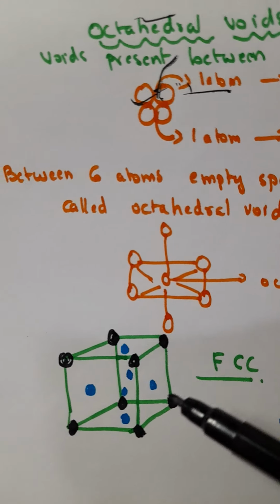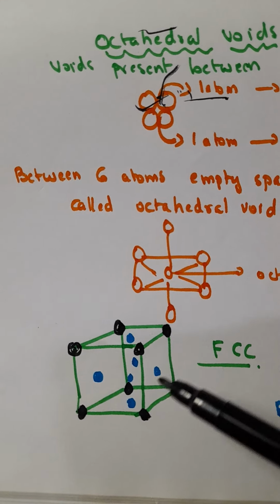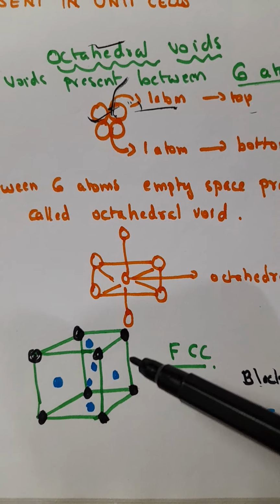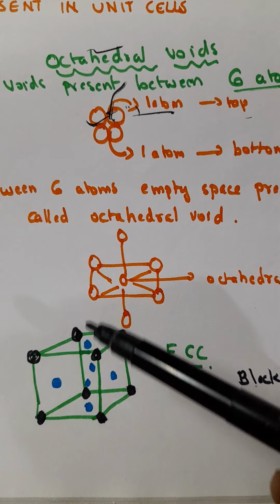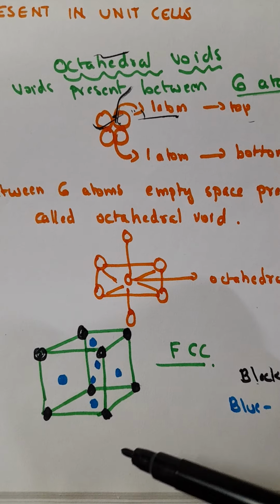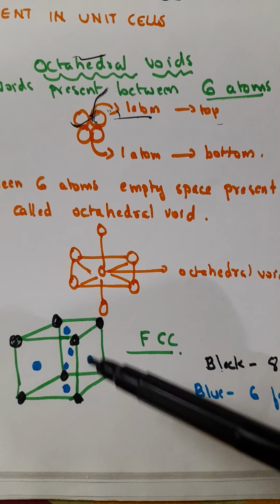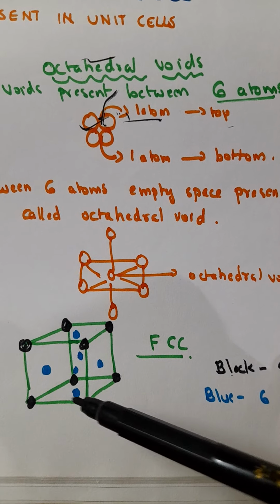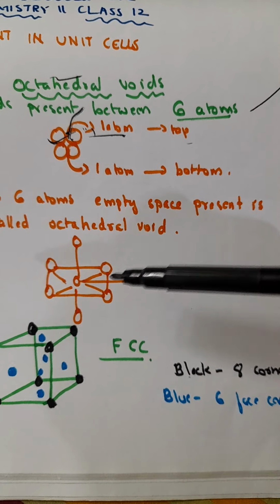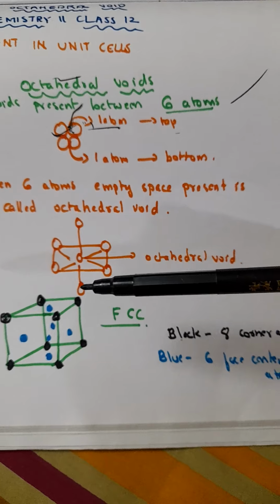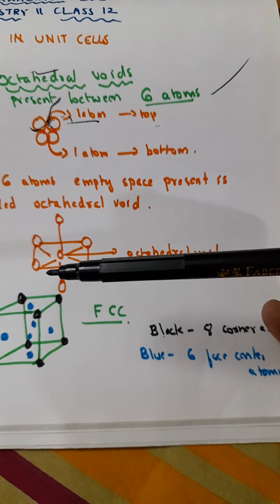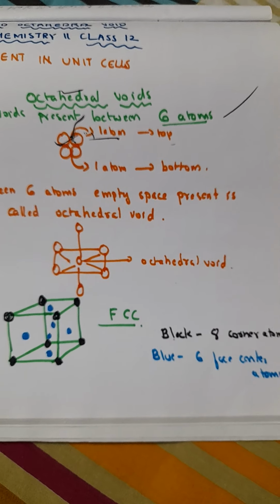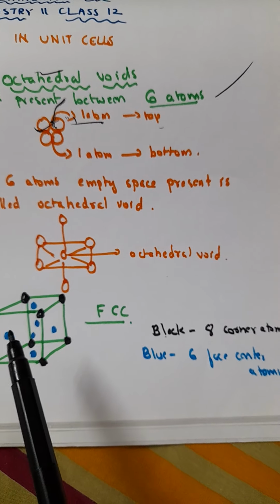See, all of you would have played using dice and all that. So, that is 6-sided like a cube. Okay, so 4 sides and 1 on top and 1 at the bottom. So, we have on corners, see, marked with black. Okay, so 8 corners are there. So, 8 corner atoms would be here, which is represented in black color in FCC, and in blue color you can see